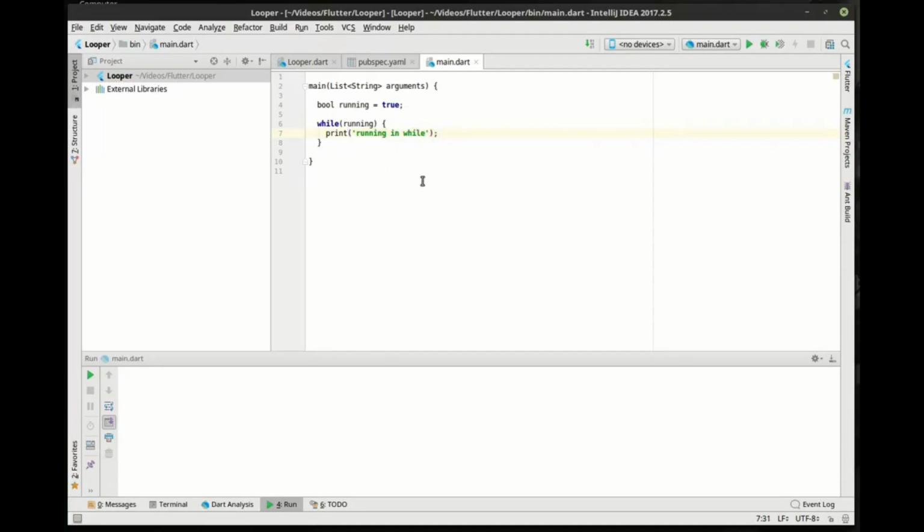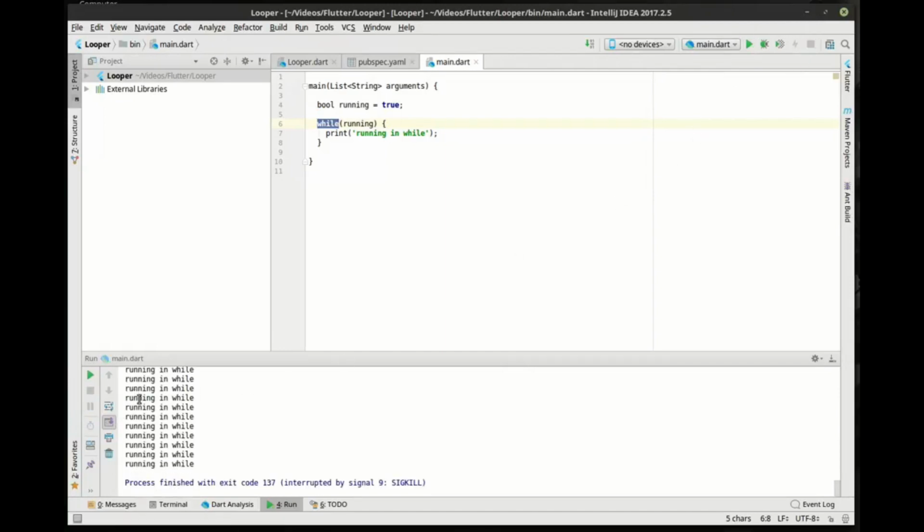Now, if you're new to programming, one thing you should be aware of is that a loop needs a break, if you will, or it needs to be able to stop execution of that loop. Or what happens is something like this, where it just goes boom, and it just runs forever. You can see down here, it just runs and runs and runs. And to kind of illustrate that,